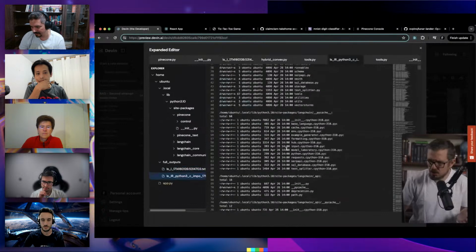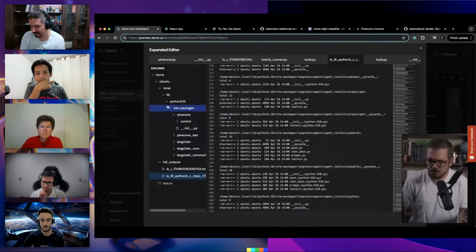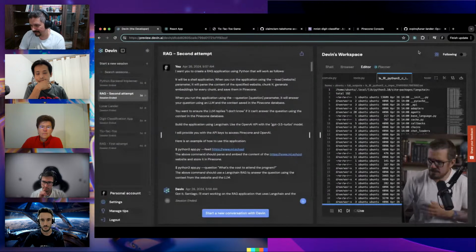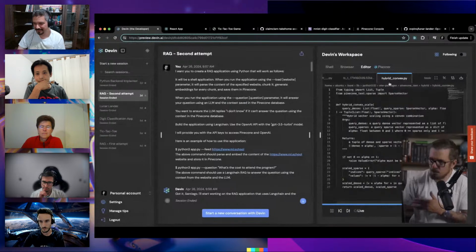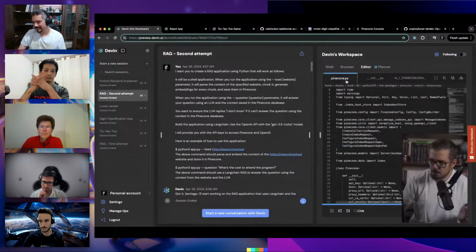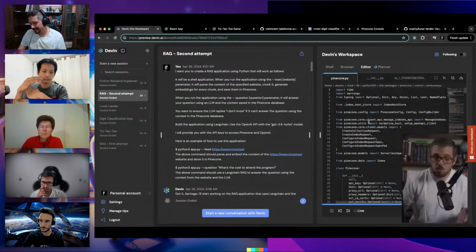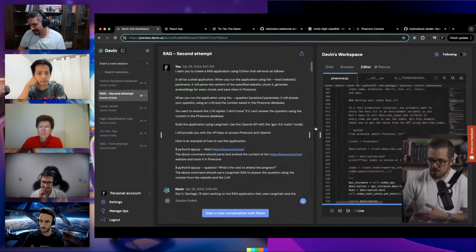These outputs that it created, I am not sure where these files are coming from. When I downloaded this to my computer, I got a ton of files, like hybrid convex. I don't know what this is. I got a ton of files on my computer, like this pinecone.py file, that I'm not sure why Devin needed that file here to do something.